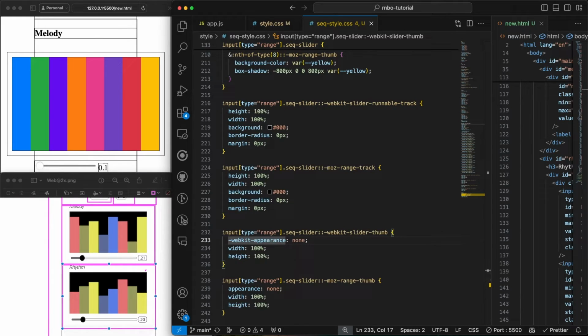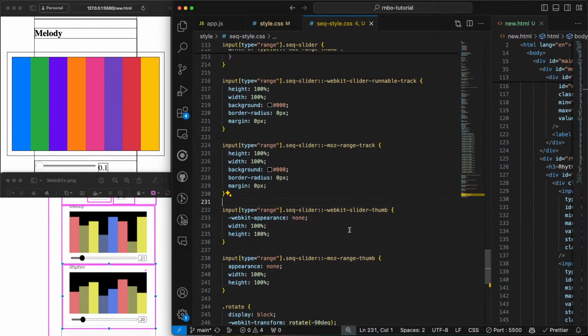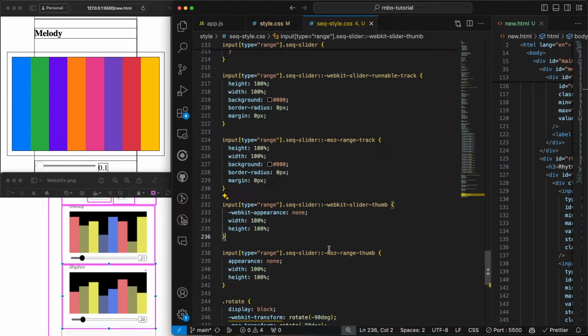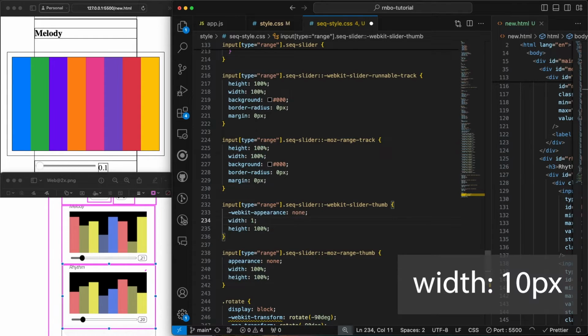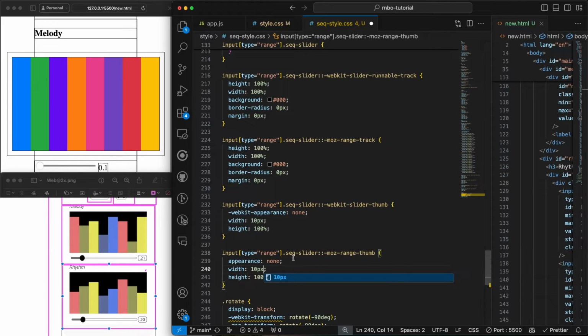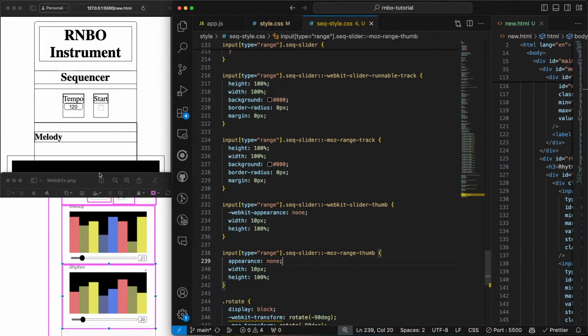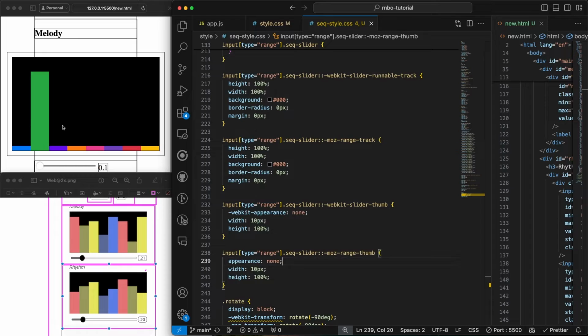And I made the mistake of saying that the width of the thumb for both the WebKit and the Mozilla browser had to be 100 width. And we wanted to match the colors of the track. And so I accidentally said that this had to be 100%. Going back here, if we change this to pixel for here, and then 10% for the Mozilla, and then hit save, go back here, we can see that these tracks